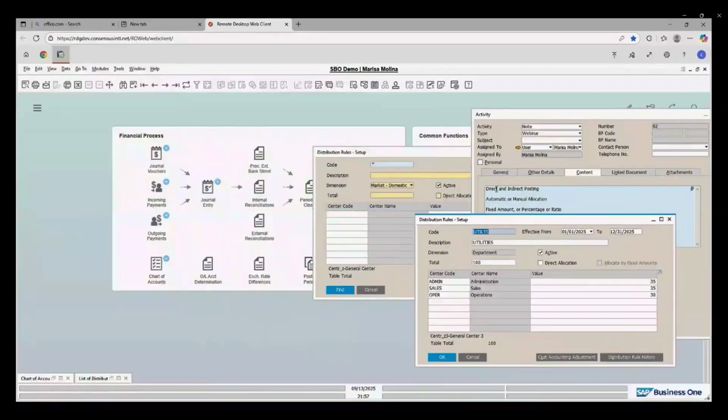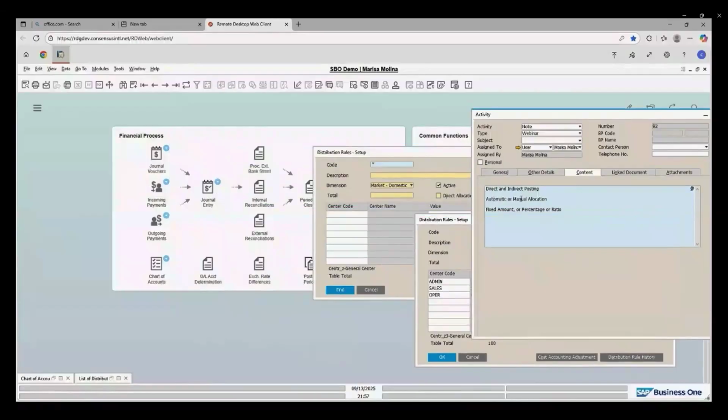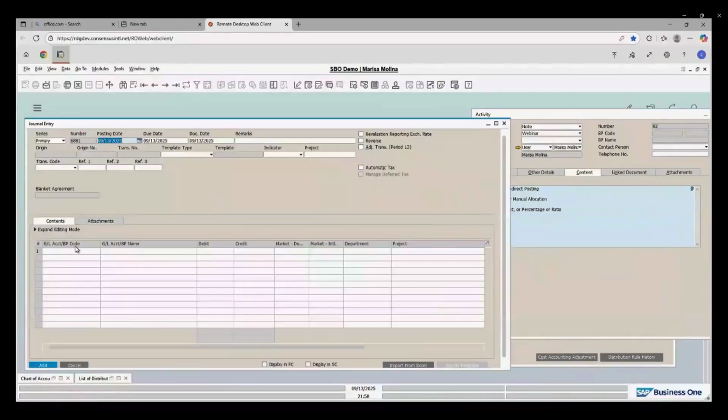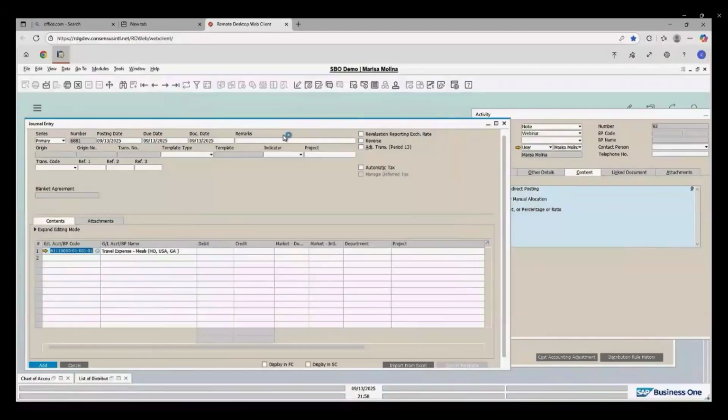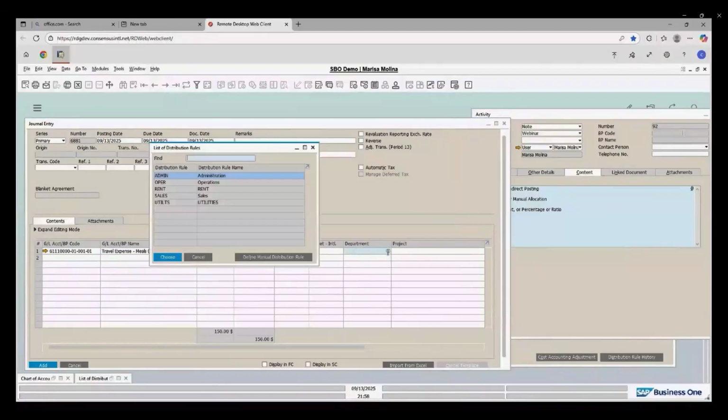Let's go and talk about the second one, that is automatic or manual allocation. So for the automatic, I already showed you the one with admin directly in the chart of accounts for that account, other administrative. That is one of the things. What is the other one? I can just come to the journal entry. I can select any GL account for which maybe I don't have any department or distribution rule. And here I can just come and say, okay, you know what, let me go here. I'm not assigning any department. I could, but here I could just come and assign one.